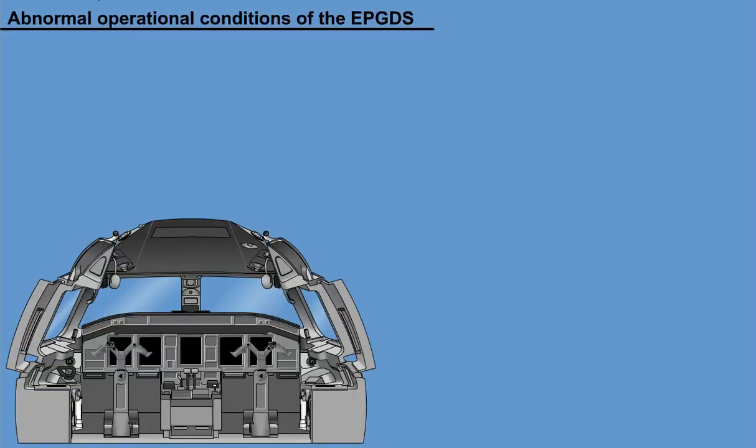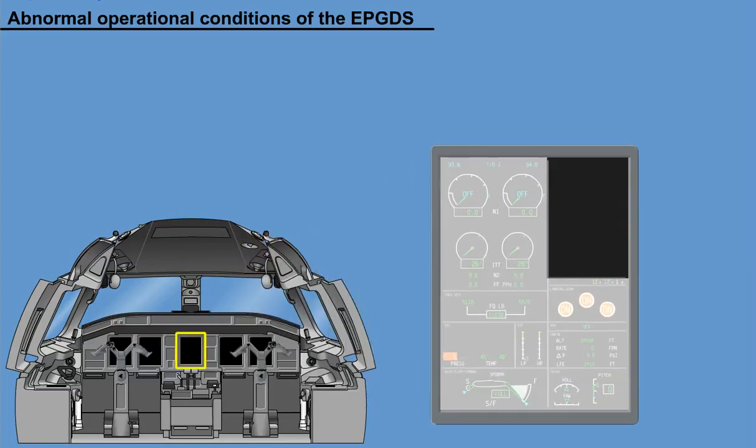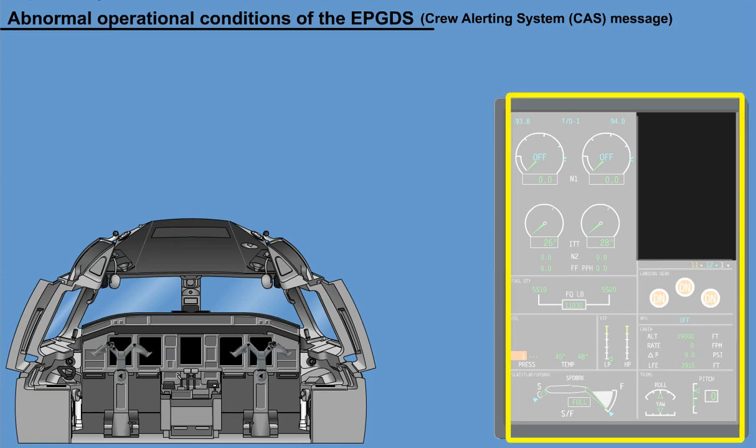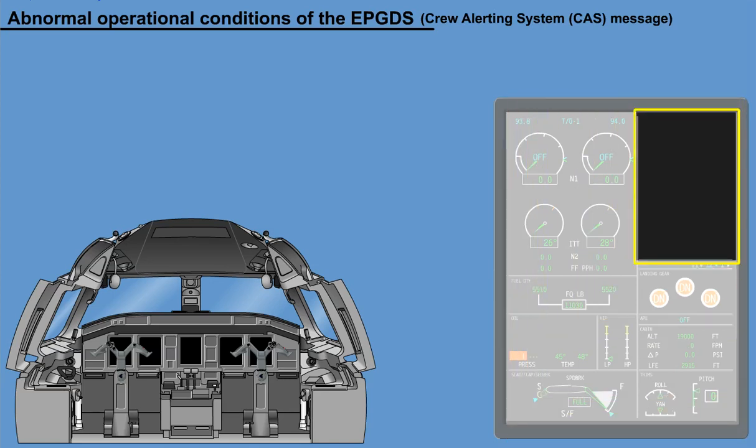Abnormal operational conditions of the EPGDS will be presented as an associated crew alerting system, CAS, message to the flight crew on the ICUS display. 35 CAS messages have been implemented in the system controller logic, including the GCU1, GCU2, AGCU, EPM,